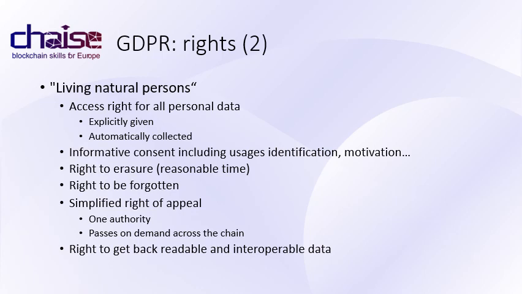An important right granted to the subject is the right to erasure. It means that non-anonymized data can be stored during a reasonable time and must be erased or archived in an anonymized way after this period. Another right, the right to be forgotten, allows also to increase privacy, paying attention to the way users want to manage their digital life and their associated data. Of course, the right of appeal is simplified, involving a single authority in charge of propagating the appeal along the global chain.